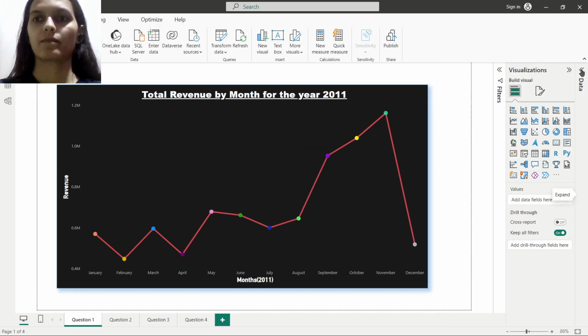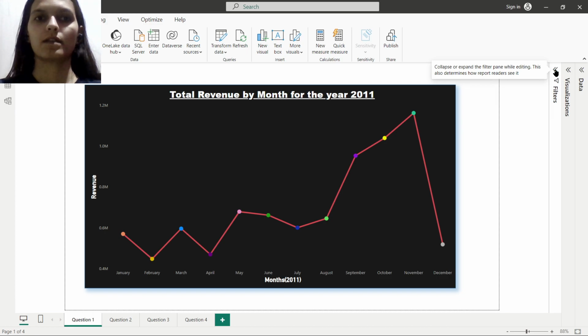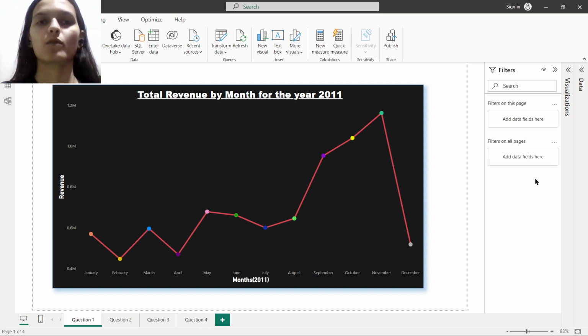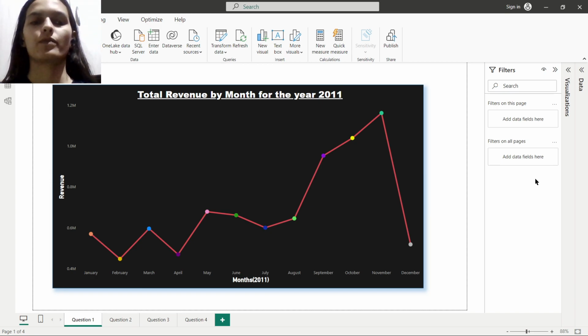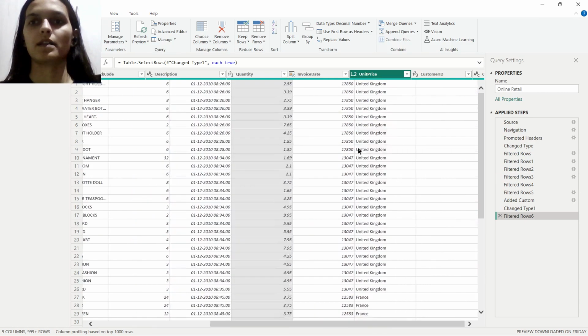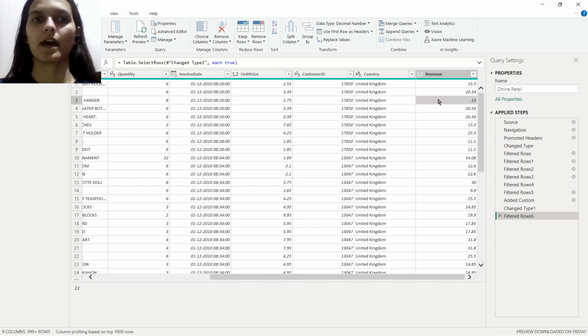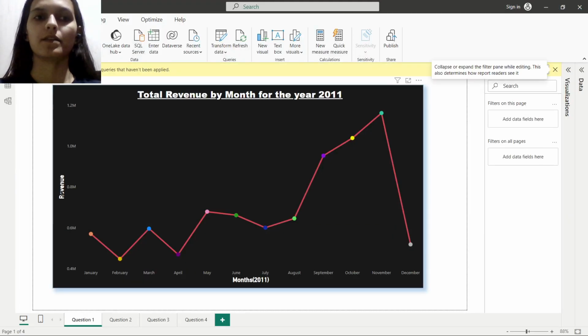visualization for the question asked by the CEO. They want the data of 2011 for each month, or the revenue generated by that. So, first of all, I created a column named revenue. In this column, I used the formula quantity times unit price to generate the revenue column, and I inserted that revenue column into